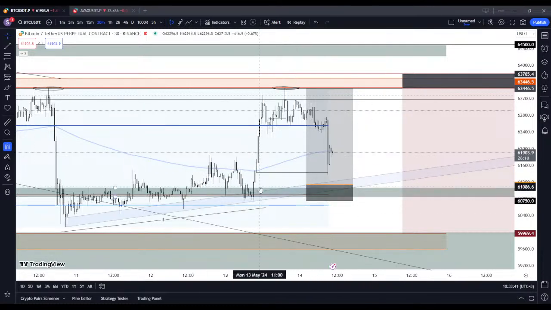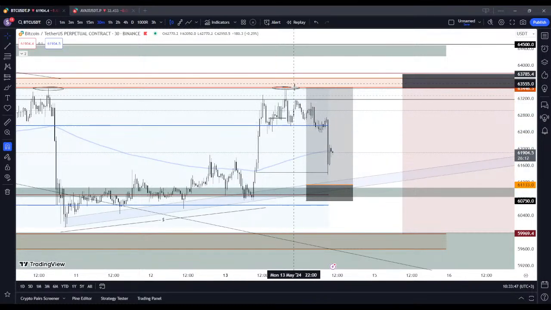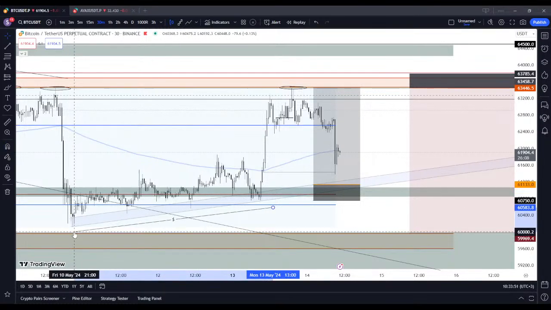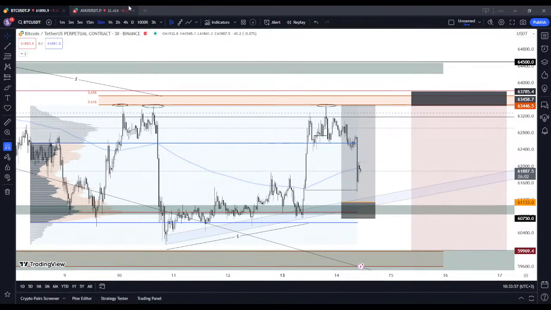This is my plan actually: a quick scalp here, moving the stop loss, making it risk free around here, and then trailing until the equal highs. But it's quite a tricky price action, I have to say. Plan is made, we need to execute it now. That's what we have left.